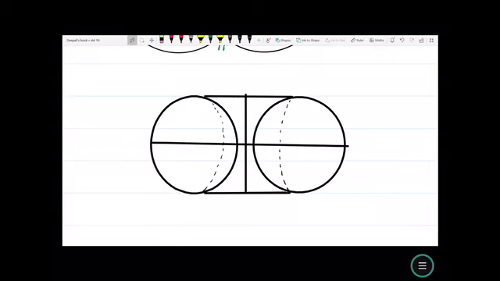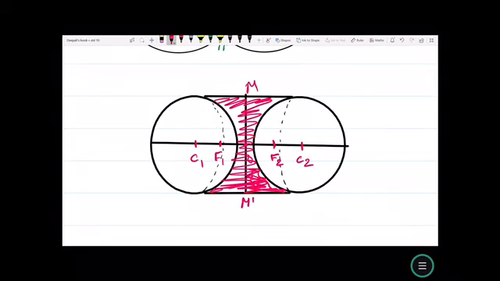Similarly, you have a concave lens where you have two spheres again, but we are using them in a different manner. Now the center of this is C1, the center of this is C2, and this is the optical center O, and M dash is the aperture. Now we have F1 and F2, and this portion is the lens. So did you understand what a concave lens is and how it looks?